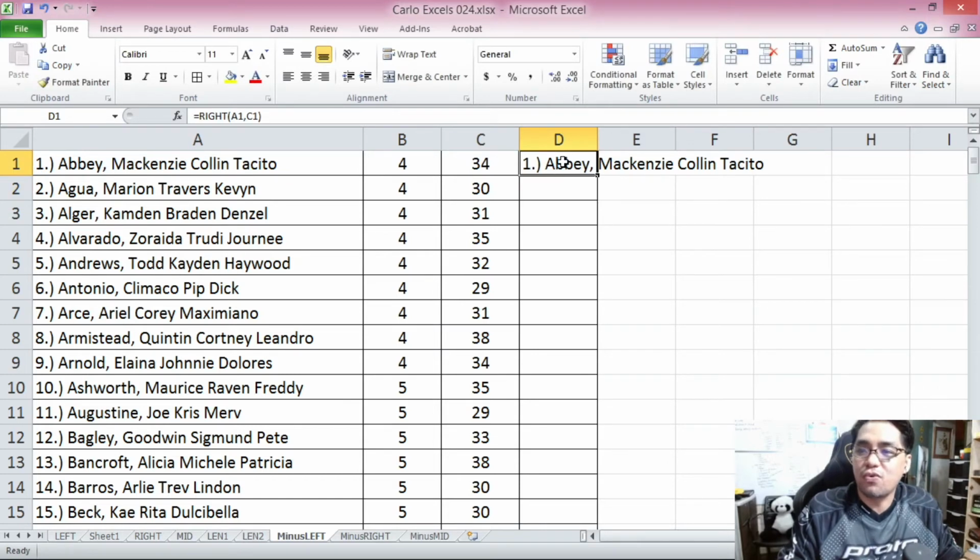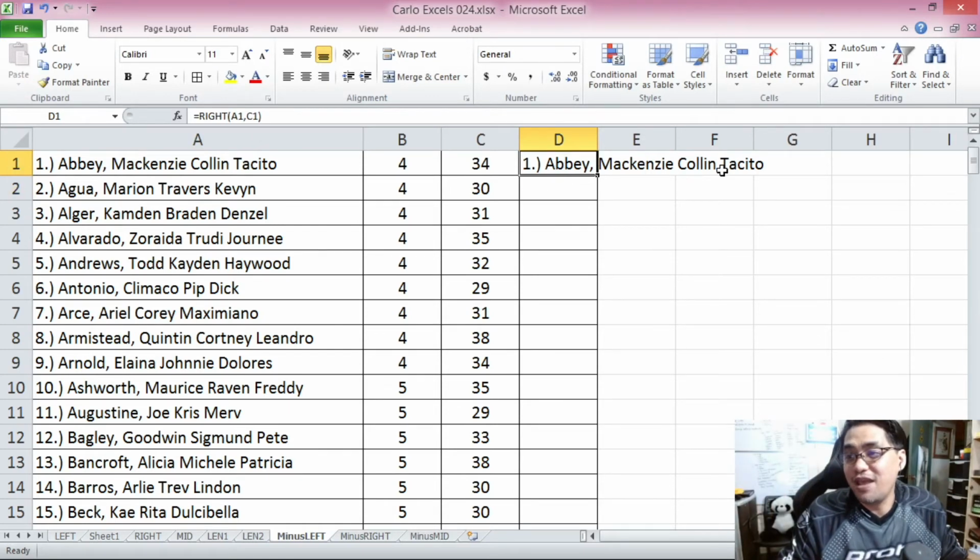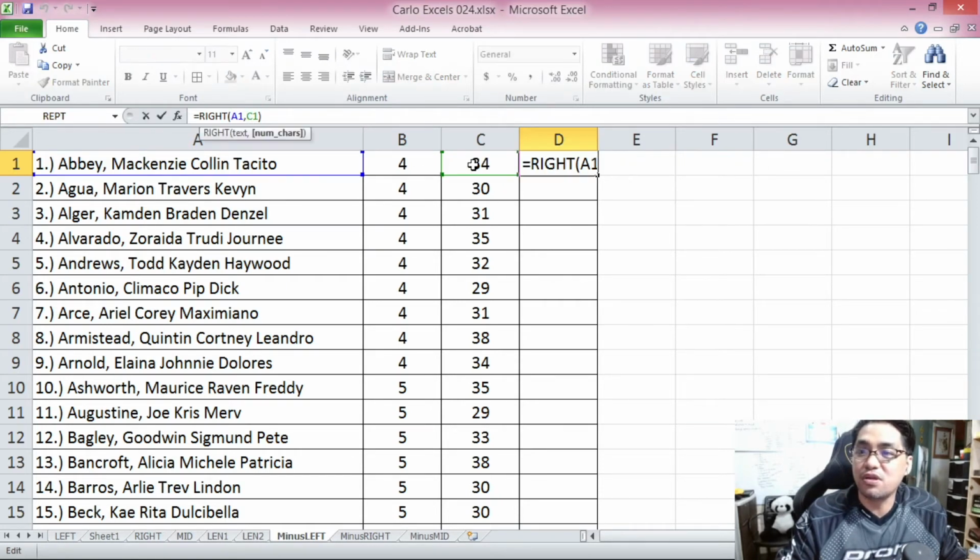Now you will see, of course, that because there are 34 characters in this cell, you're asking Microsoft Excel to take the rightmost 34 characters. So naturally, Microsoft Excel took all of the characters in that cell. But watch what happens when, instead of just putting here the rightmost 34 characters, you see on the formula bar up top, A1 and the number of characters C1, let's try the number of characters C1, which is 34, C1